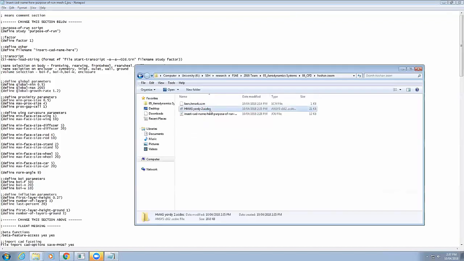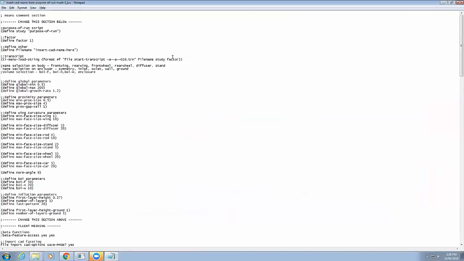I need to change this. So in Fluent, a space means enter. So if there's a space in certain places, it'll assume it's going to enter it. But I'm going to take that, copy and paste that into here and go insert file name here, paste that,